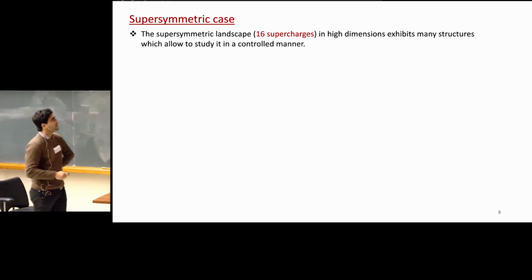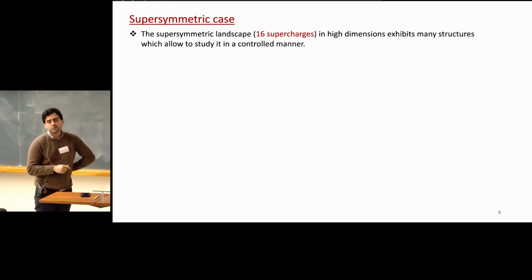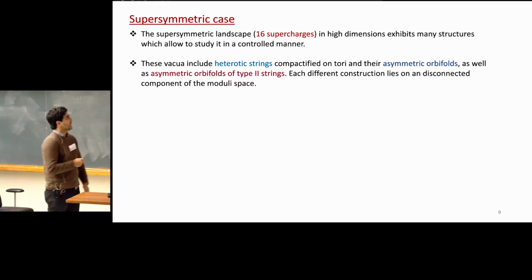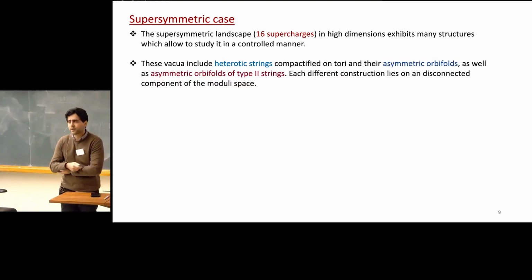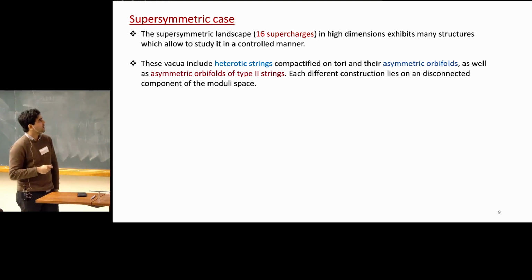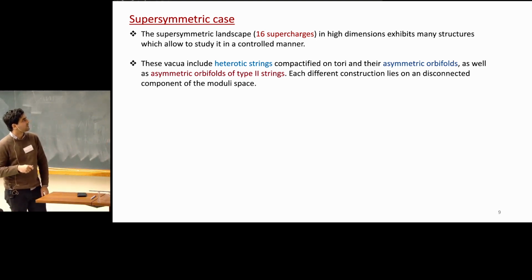If we have theories with 16 supercharges, as we saw earlier, they have many nice properties. It allows us to study them in a very controlled manner. They can in particular be realized by taking the heterotic string and doing asymmetric orbifolds, like Huri explained. But in this case, we want to preserve supersymmetry, 16 supercharges. And you can also do it by breaking half supersymmetry in type II strings. Of course, there are many other constructions, like geometric constructions, type II on K3 and so on. But I believe they all have an asymmetric orbifold corner. There's a lot of evidence for this.